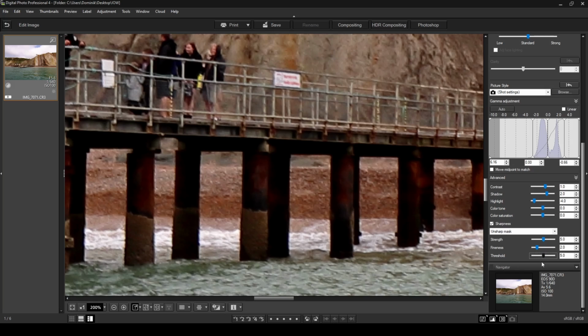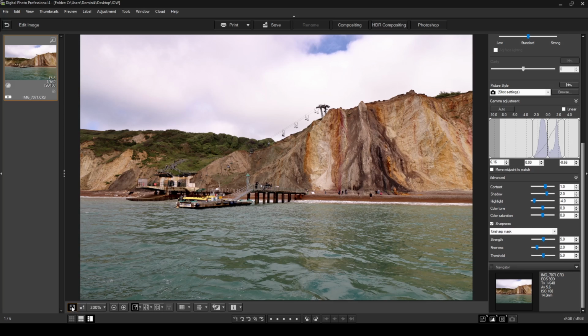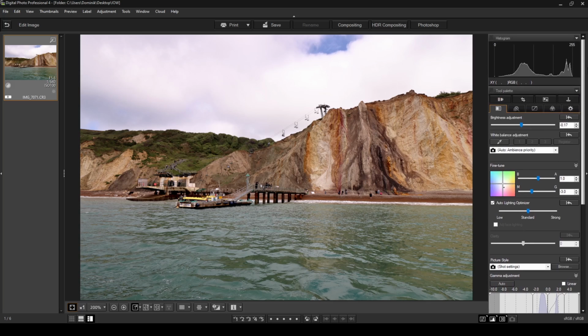You could even make the threshold a little bit higher. Let's make it 5, and it always takes a while for the results to appear. That's why I'm waiting between changing the options and then viewing the photo again. So now I'm happy with that. I'm going to go back to full screen by clicking this button over here. Alright, I'm happy with that for now, so I'm going to scroll all the way up,